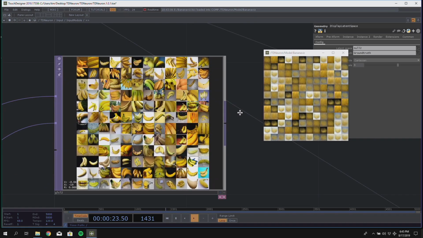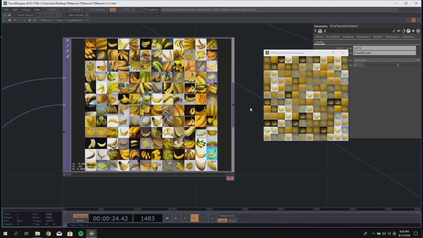So this is our input. Now it tries to recreate those images by first scaling down all the information into 2 floats and then trying to recreate it again. So what it does is try to find the common things about the bananas. Those guys are like those and those, and they look like each other, and that's why the output image looks like it. If you train it more and more, it will get closer to the images,